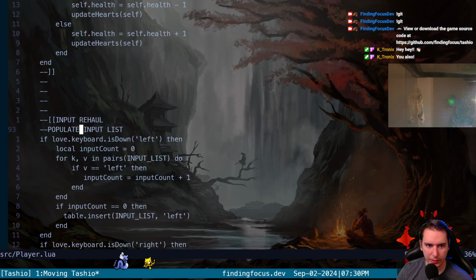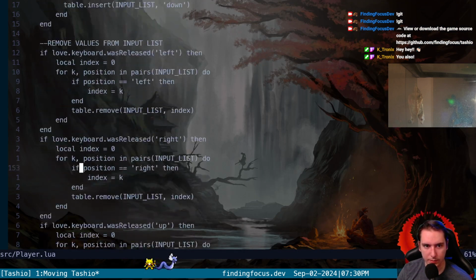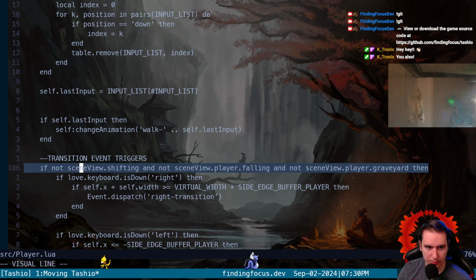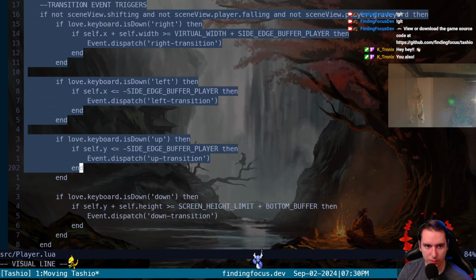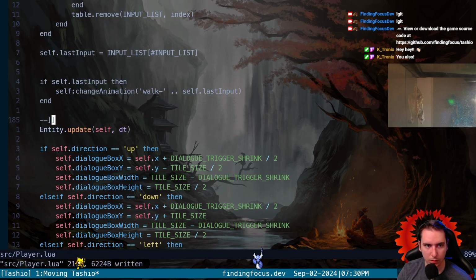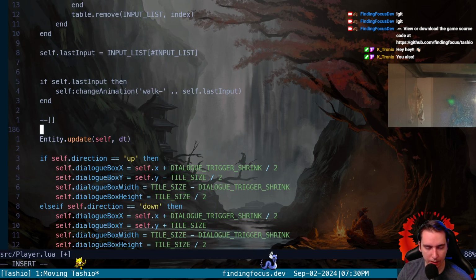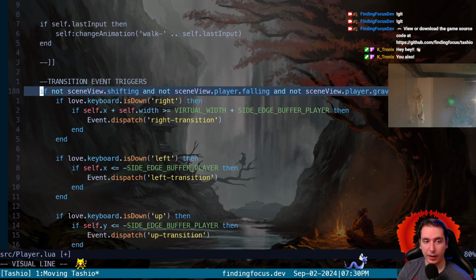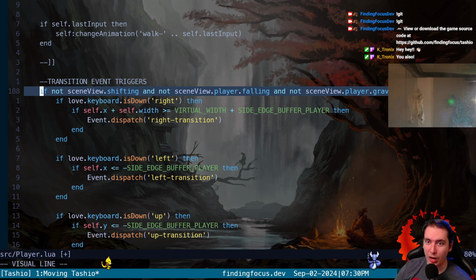Let's check out the player class. It should have the event triggers right here. So let's take our transition event triggers. Okay, we'll take it out of the comment there. So what this is saying is, if our scene isn't currently being triggered and we are not falling and our